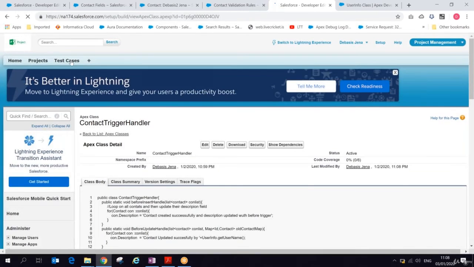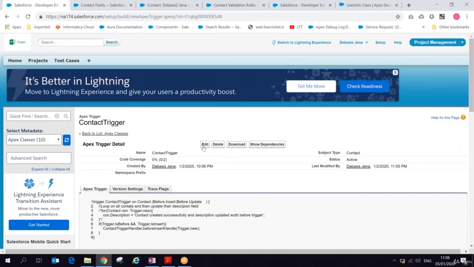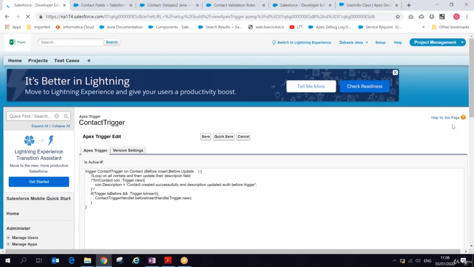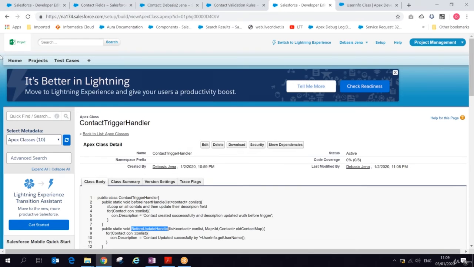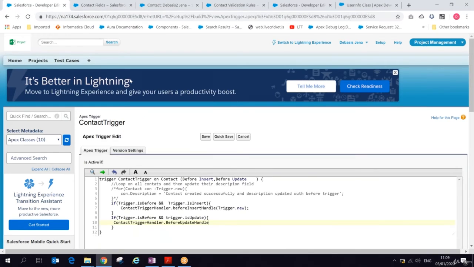Now I'm going to invoke this method inside my trigger. This logic I want to execute during update, and that's again in the before update. Simply I can write a block here to specify the logic: it's going to be invoked during before update time, so I write Trigger.isUpdate. Here I simply call my method, ContactTriggerHandler.beforeUpdateHandle.